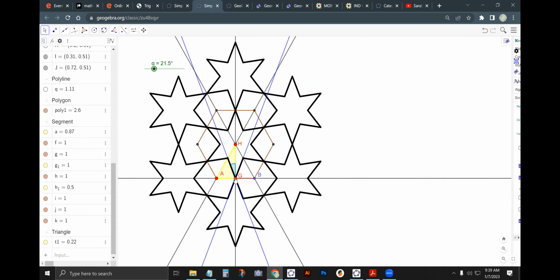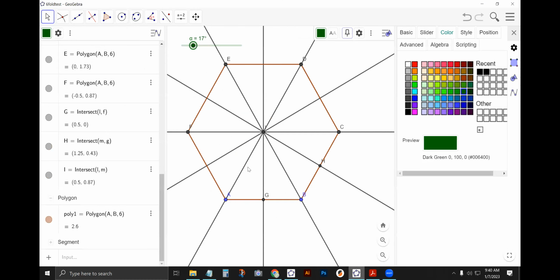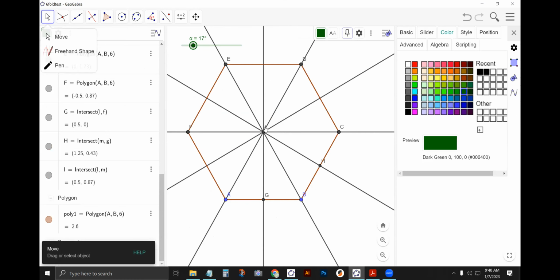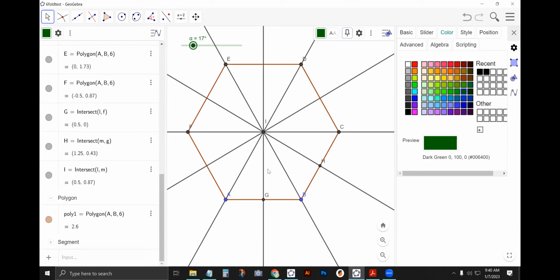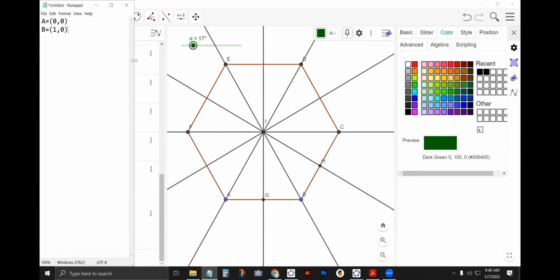And so what I'm going to do is I want to take a point, not G in this case, I'm going to use H. And I want to rotate H by this angle about point G. So that's what it would be according to the variables that I have here. Here I have point G again, and I have point I. So I want to rotate